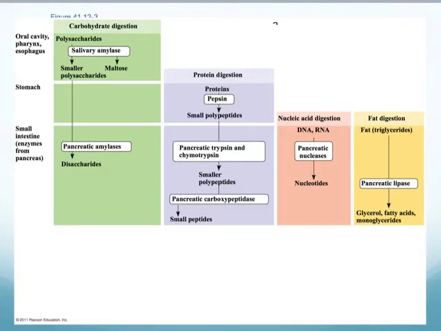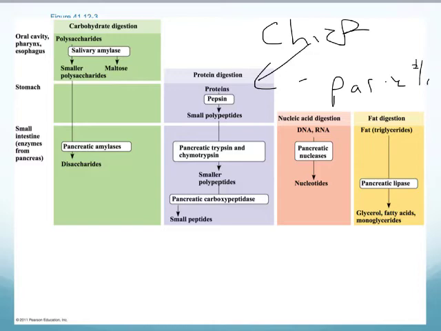The chief cells' job or function is to produce what's eventually going to be pepsin, and the other ones, the parietal cells, their job is to actually make the hydrochloric acid. So they make the hydrochloric acid. Then the nucleic acid and digestion will actually happen